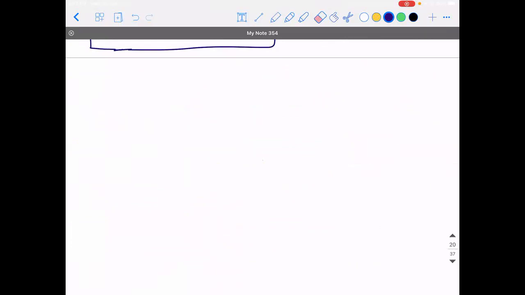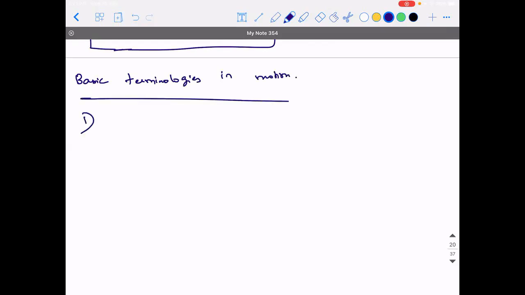Now, the next thing is, when you need to analyze the motion of an object, what are the basic terminologies that are used to speak about the motion of an object? So the next heading is basic terminologies in motion. What are the terms we use? First, you use the word distance. Whenever you say a particular object has moved, the first question you'll ask is, how much distance has the object traveled? So what do we mean by distance?